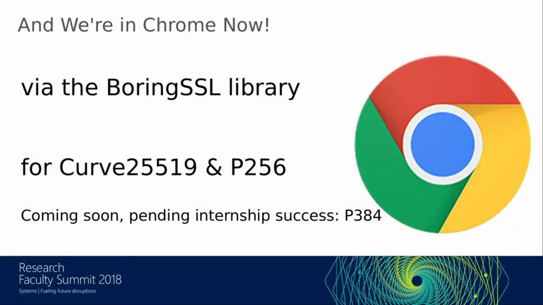And finally, we managed to convince the team at Google that manages the BoringSSL library, which started out as heavily inspired by the OpenSSL library, but has diverged a lot since then, to adopt our approach to replace their grungy handwritten code for elliptic curve arithmetic. So the two most commonly used elliptic curves are Curve25519 and P-256, and our code is in there now for both of those with distinct 64-bit and 32-bit versions.